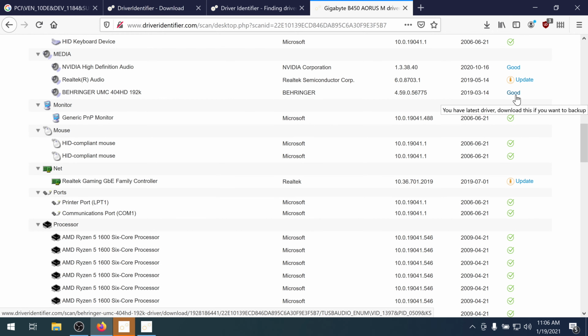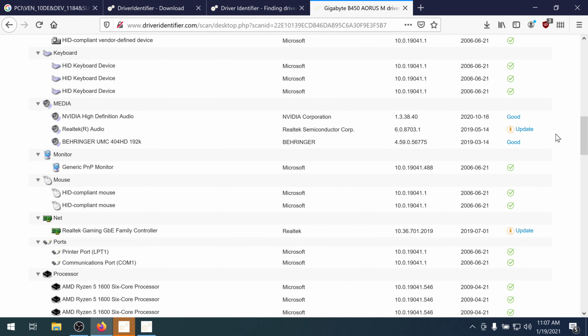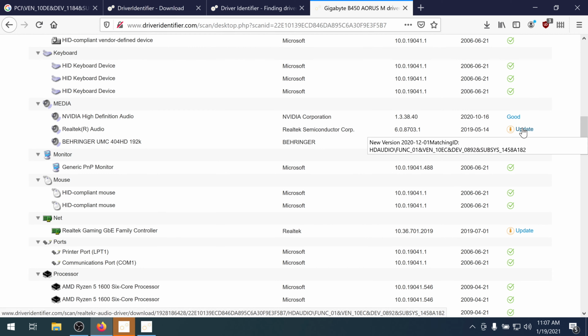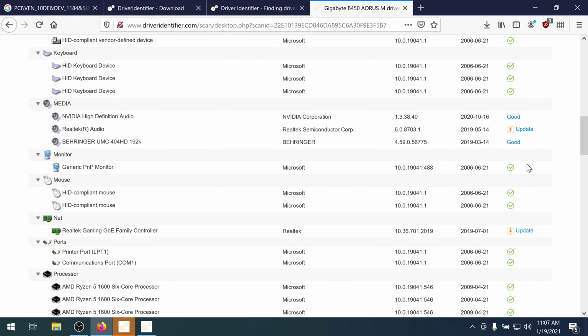Okay, download this if you want to back up. No, I don't want to back up. You need to have it green or good. If you really need an update, you can update from here, but I recommend to use it just in case your driver has problems or anything like that. If it works fine, it works fine.